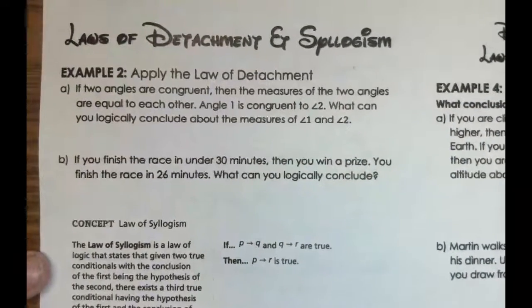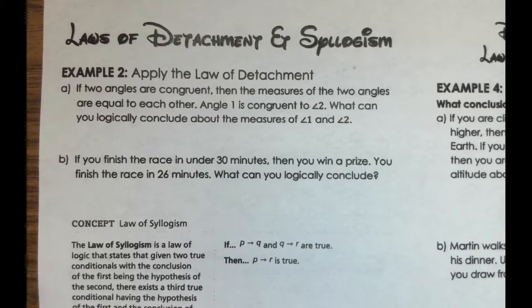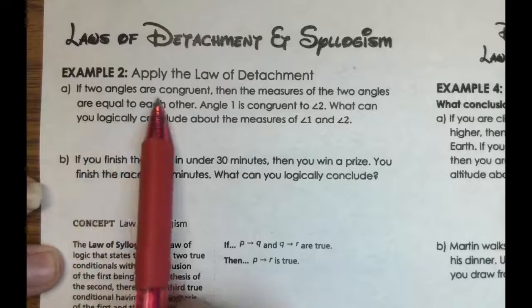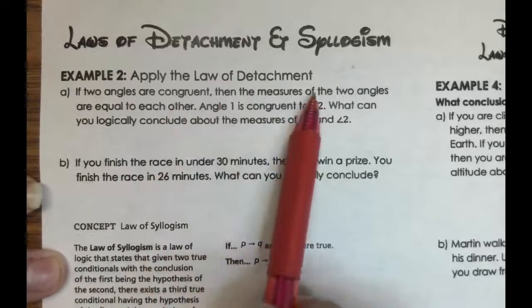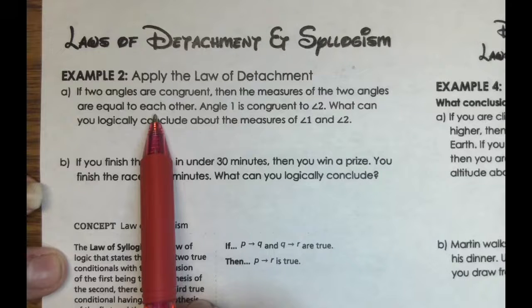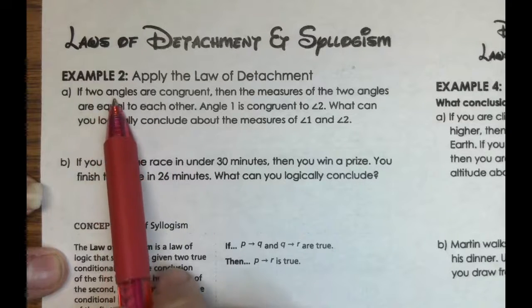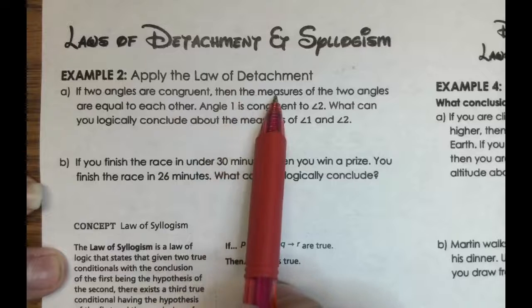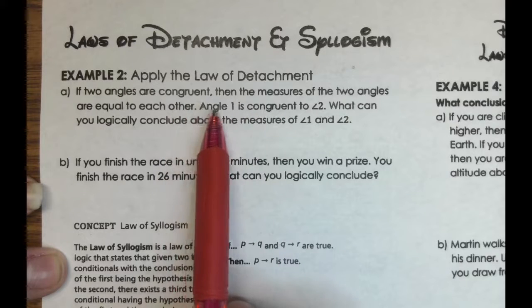So using the law of detachment, we're going to look at a couple statements and determine if we can figure anything out from those. So here on example 2, it says, if two angles are congruent, then the measures of the two angles are equal to each other. So we're going to assume that that's true. So we're going to assume that if two angles are congruent, then the measures of the angles are equal to each other. Next, they tell us that